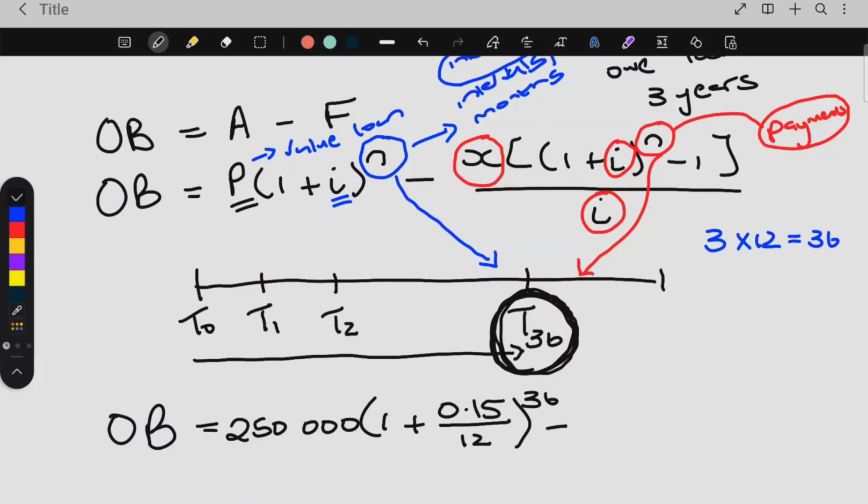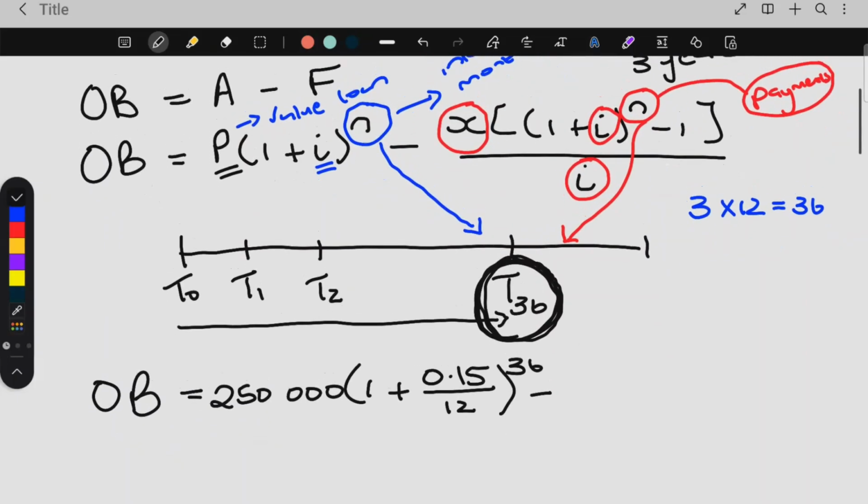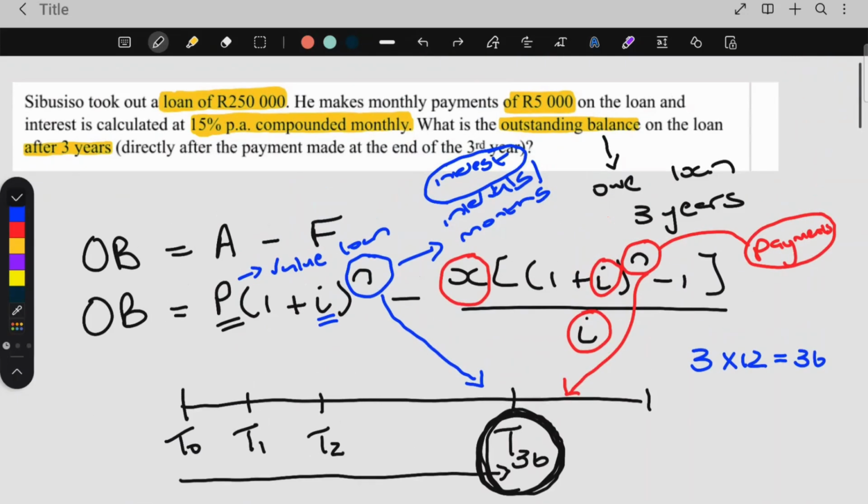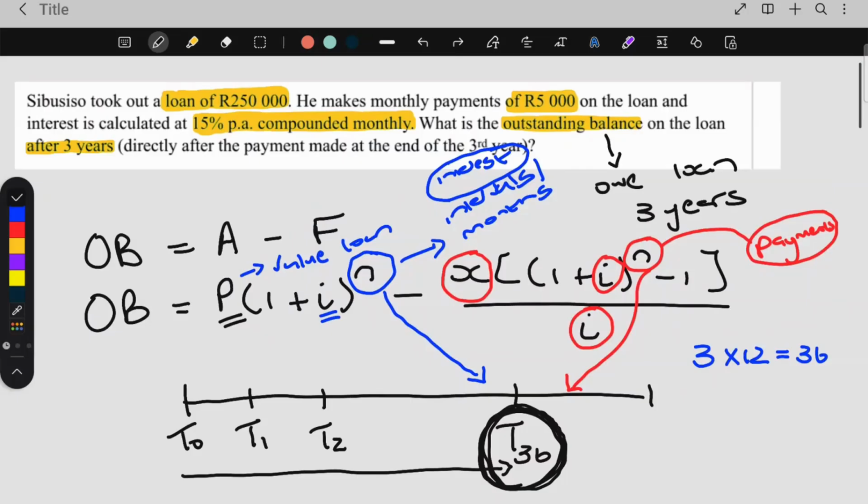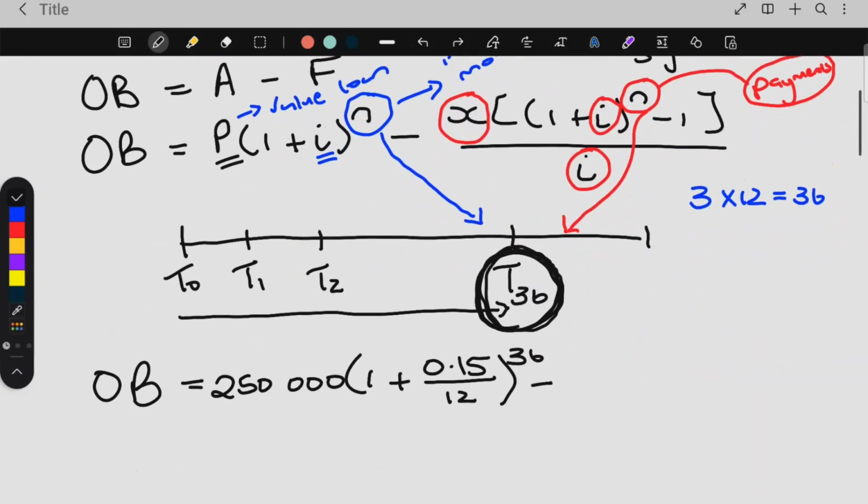Then minus, now it's the F formula. This X is the monthly payment. Our monthly payment is 5,000 Rand, so I put my 5,000 here. Then 1 plus the interest is the same. I don't have to look it up again. Then this N is the number of payments I've made so far. Up until that point, you made 36 payments. Minus 1